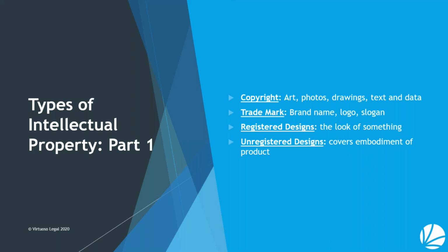The first topic I'm going to cover are different types of intellectual property, because we find that people often don't really know what it is that they've got, and people will talk about patenting their brand or indeed registering their copyright. So I'm going to deal with some of those issues today, and the first thing I'm going to go through is what the hell is intellectual property, because people are very